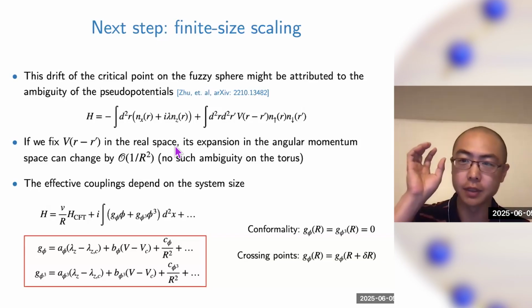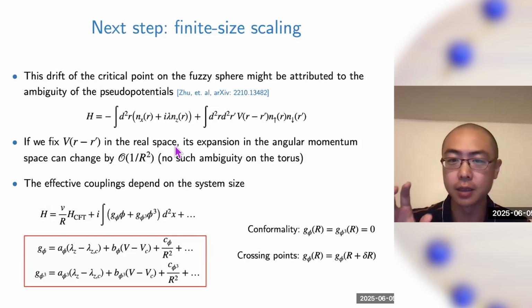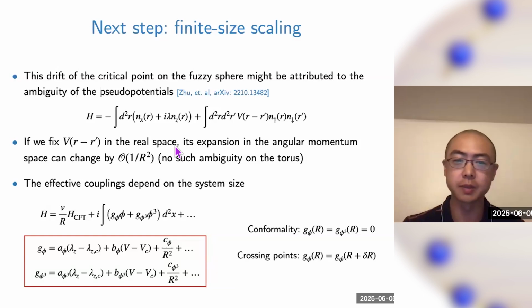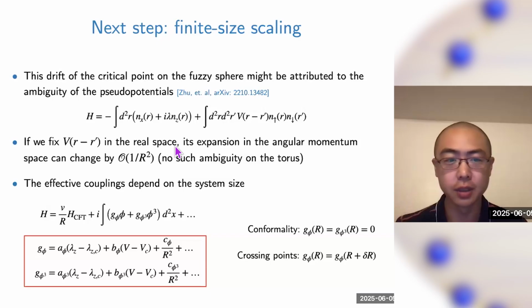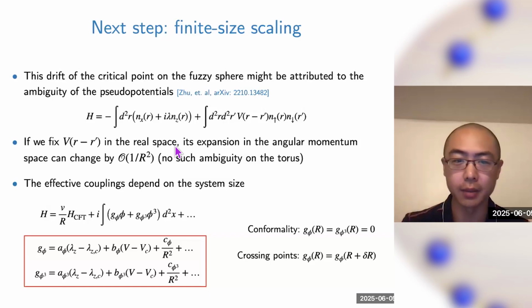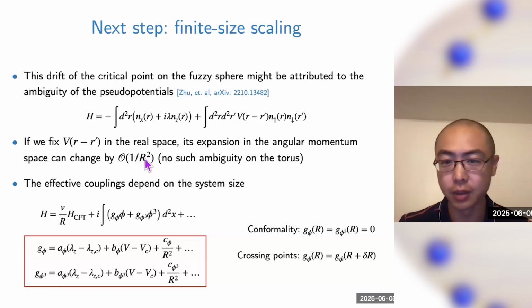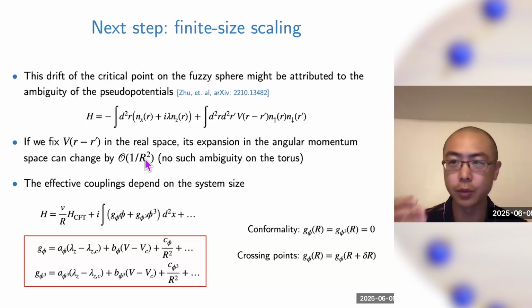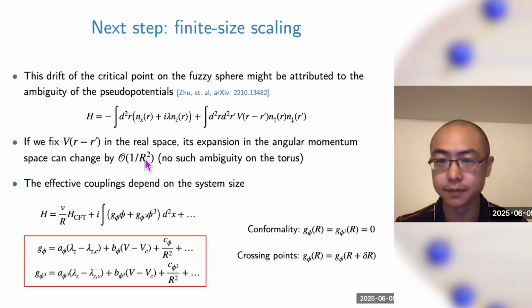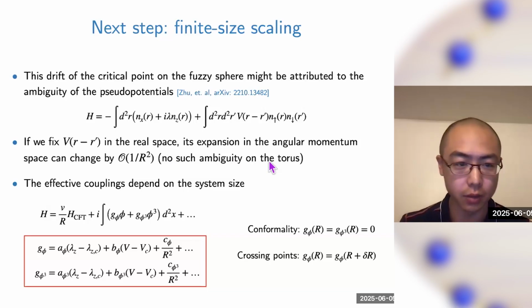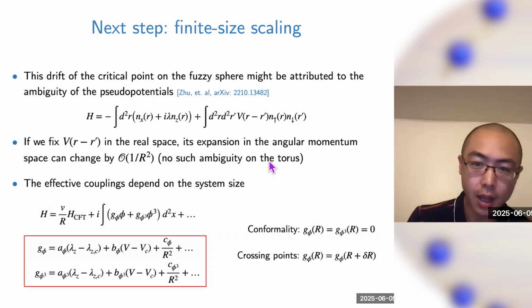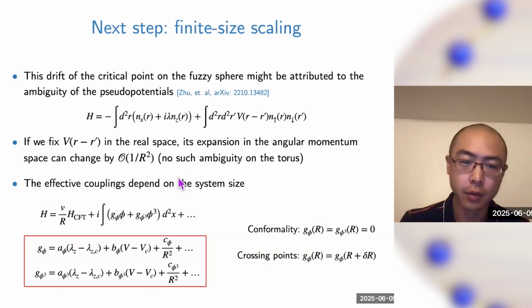If we fix the definition of that in the real space, then its expansion in the angular momentum space, the coefficient can change by an amount 1 over R squared. And this ambiguity will eventually go away in the thermodynamic limit, but it's there in the finite size sphere. And it's worth mentioning that there is no such kind of ambiguity on the plane or on a torus. And because of this ambiguity, when we try to